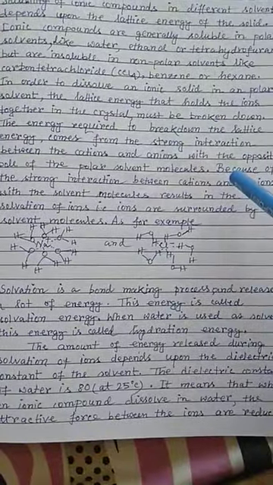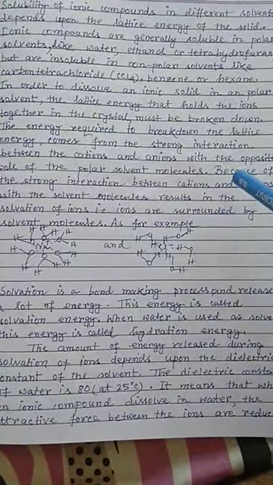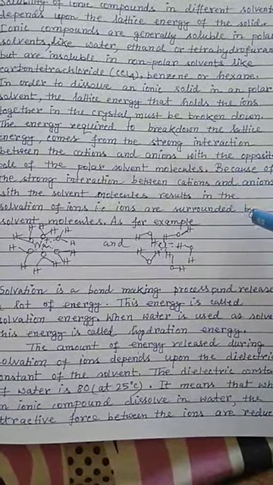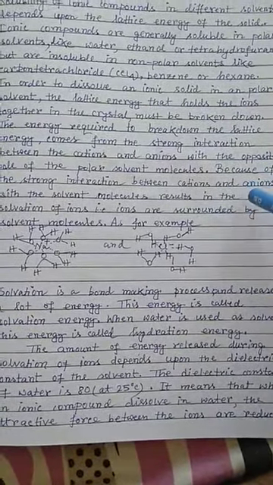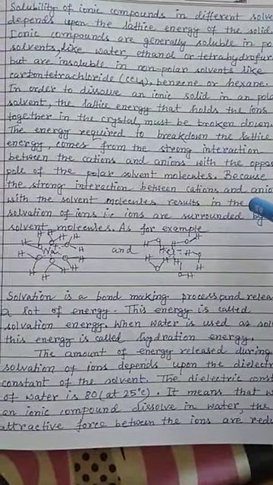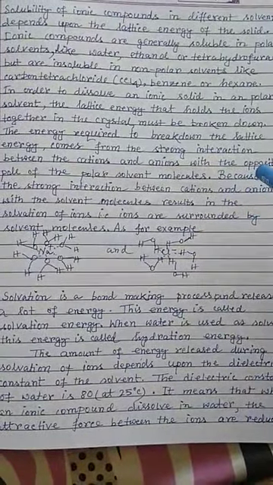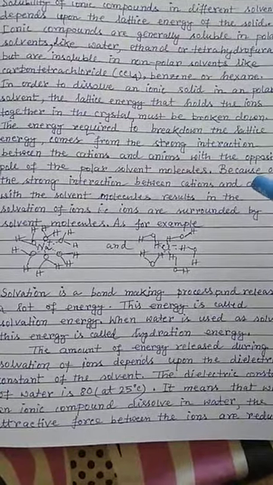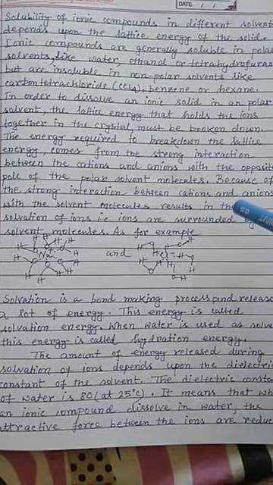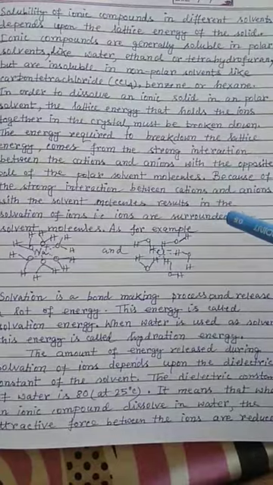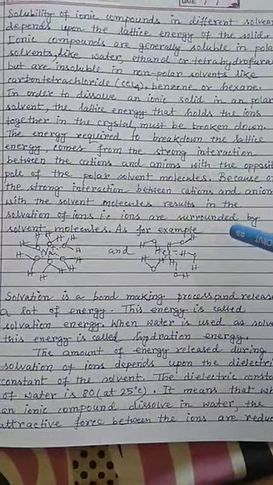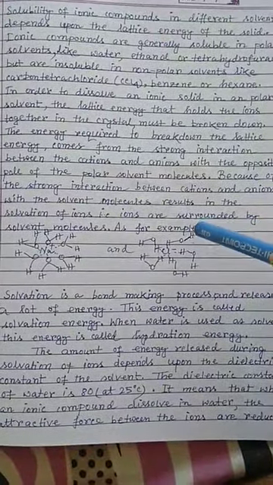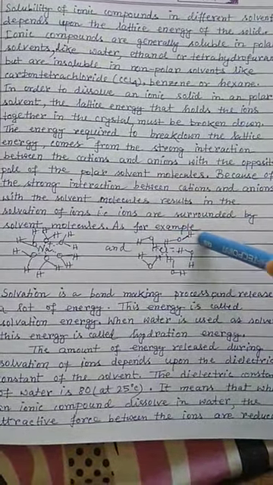That means when you dissolve an ionic compound, the dipolar solvents generally have two poles. The opposite poles of the corresponding solvents interact with either the cations or anions, and they break apart the crystals and solvate the ions, and finally the solid dissolves. Because of the strong interaction between the cations and anions with the solvent molecules, the ions are solvated, that is, the ions are surrounded by a huge number of solvent molecules, and these are called